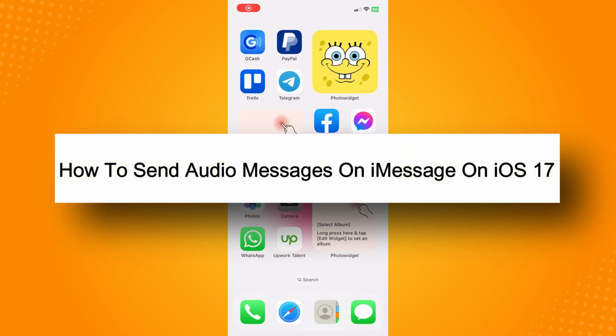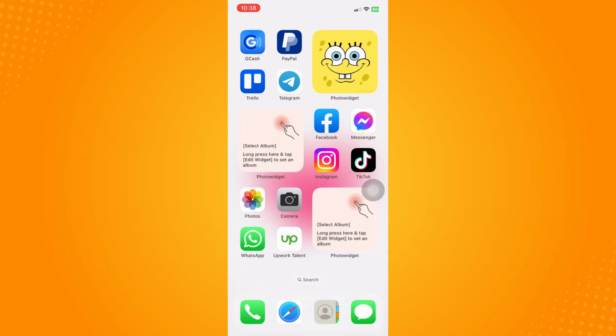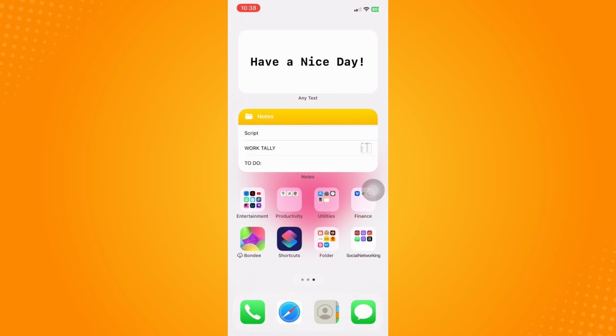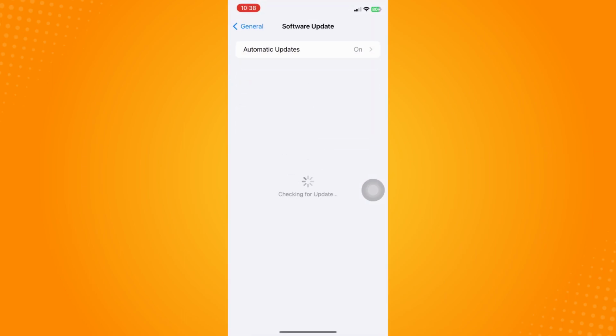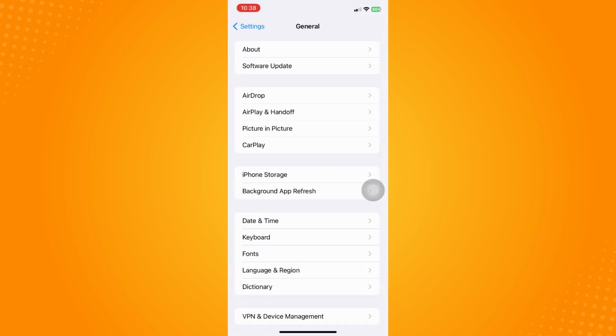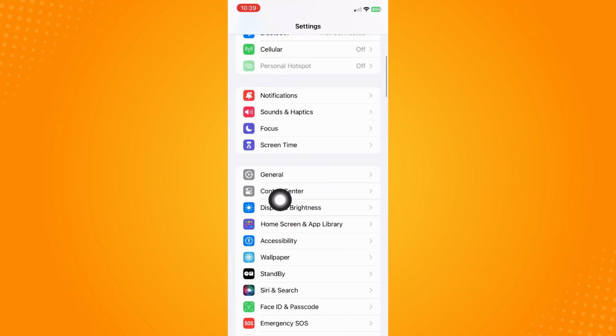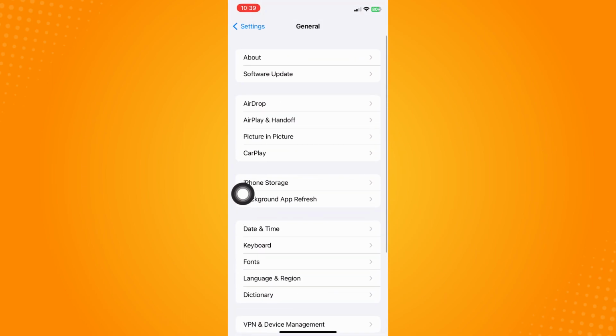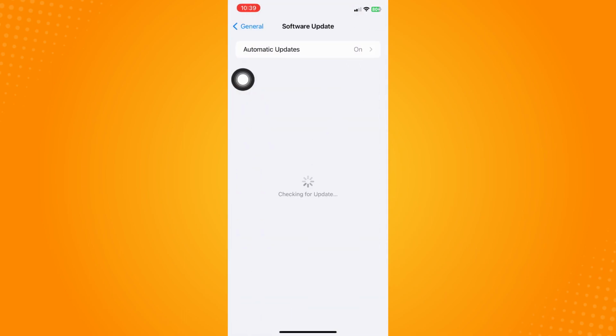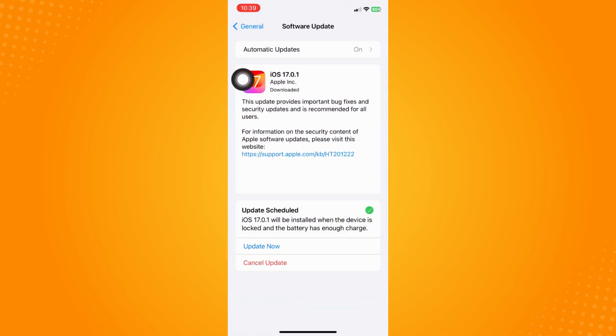How to send audio messages on iMessage on iOS 17. To do that, of course, you have to make sure that you have updated your phone to iOS 17. And to do that, all you have to do is go back here to your settings and go to General. Click on your General and go here to your Software Update. Click on Software Update, and then make sure that you have updated it to